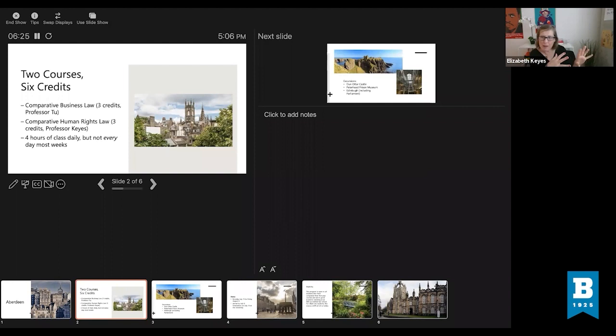The way it's set up, to get these 6 credits, you have 4 hours of class daily. It's usually 2 hours, a tea break, tea and biscuits, and another 2 hours. That's not going to be the case every day, and most of the Fridays are either an excursion or off. So there's a little bit of variety. The final schedule has not been given to us, so we can't post it. But that essentially gets you up to your hours, and then you'll have readings.